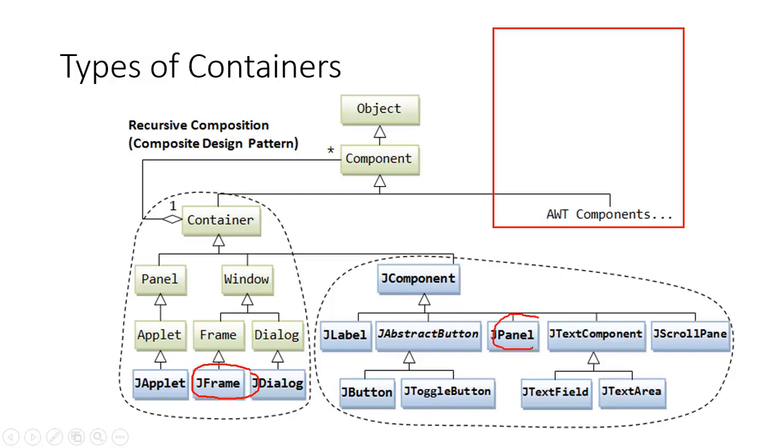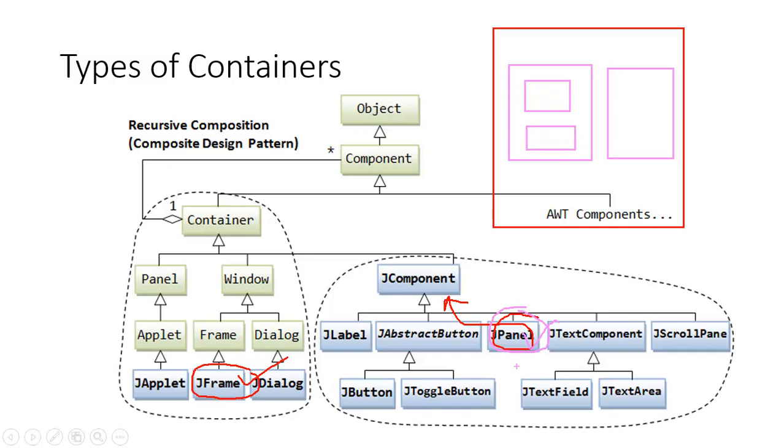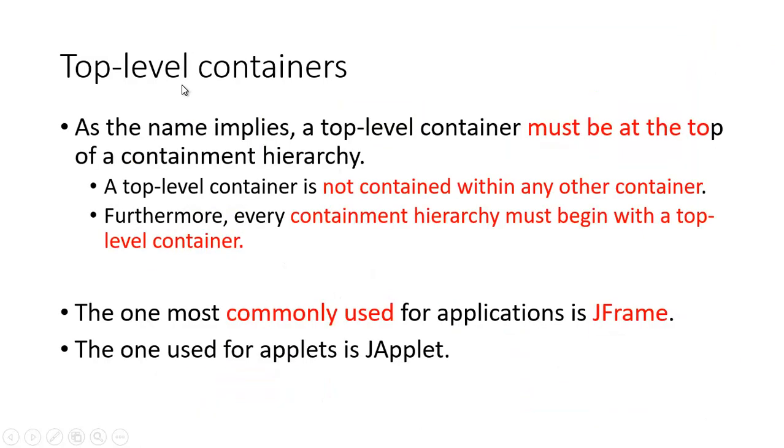Inside this I can put a J-panel. A J-panel is from the J component. So inside a J-frame I can put a J-panel. I can put one J-panel, I can put the other panel. Inside a J-panel I can put one more J-panel. That is possible. The reason is a J-panel can be there at any other level of the hierarchy, but a J-frame can only appear at the top level of the hierarchy. So I get that thing.